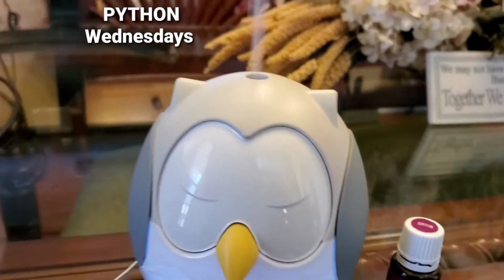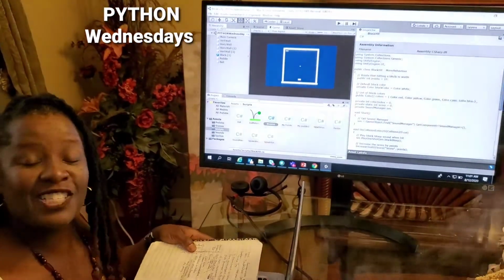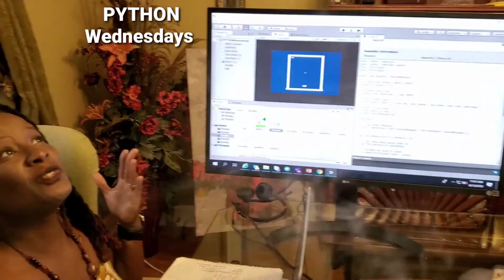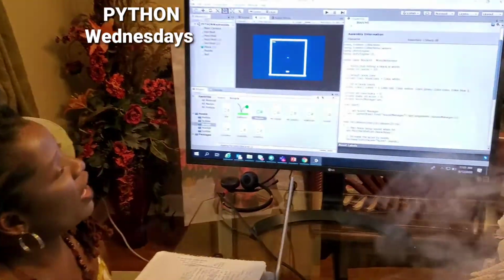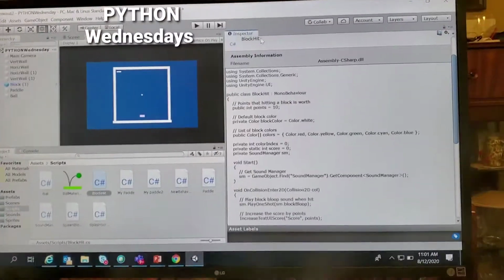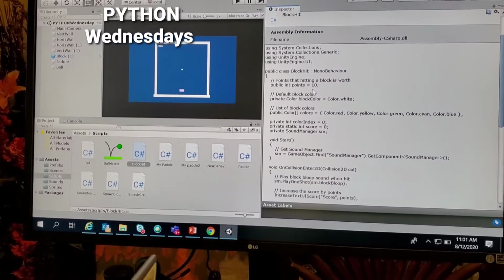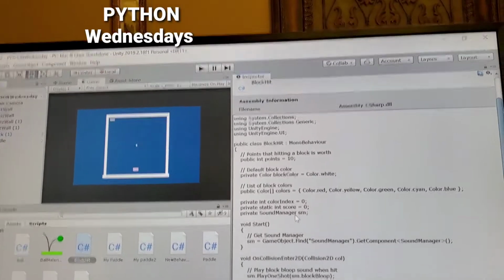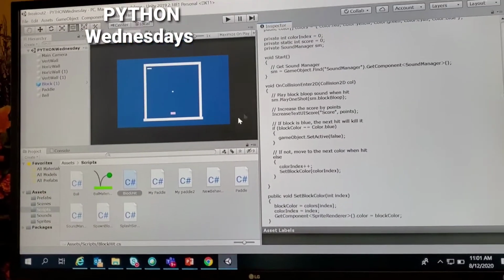Okay, so I want to get into today's lesson, and we are finishing up with the BlockHit script, which is going to be our last script that we go into. Next week we will be able to just launch our game and play our game in 2D. So we were here in BlockHit, which is the script that we're using. We had already gone through the point system and then the color array, and here we are now getting into